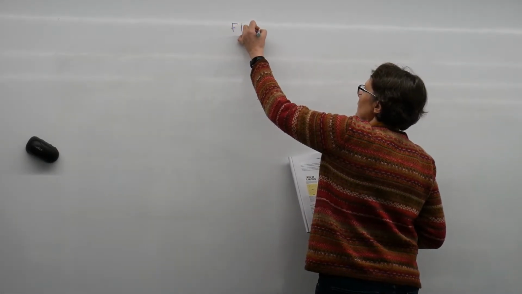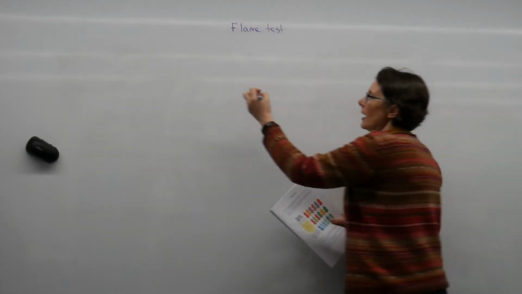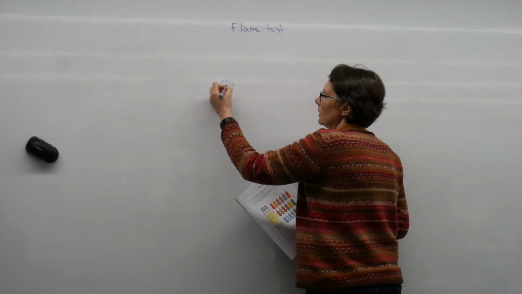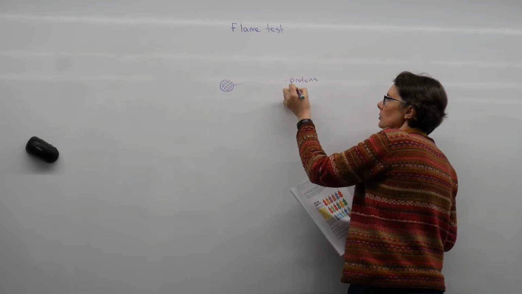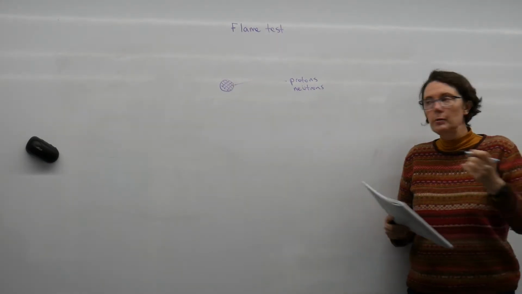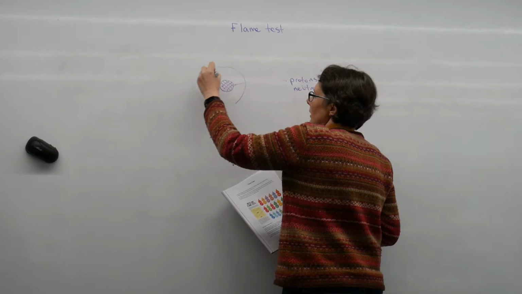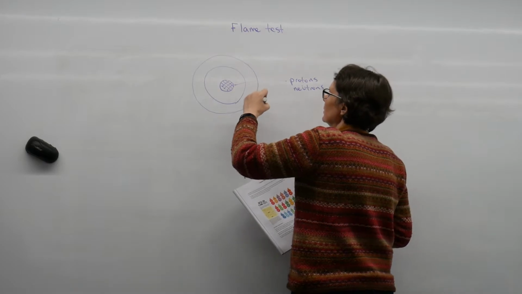All right, so let's now have a think about metal ions and flame tests and what is happening when we do a flame test. Now, if we go back to our structure of an atom, we know we have the nucleus here, and it's going to contain protons and neutrons. And we also know that electrons, basically, they do something like this. They don't do this, but